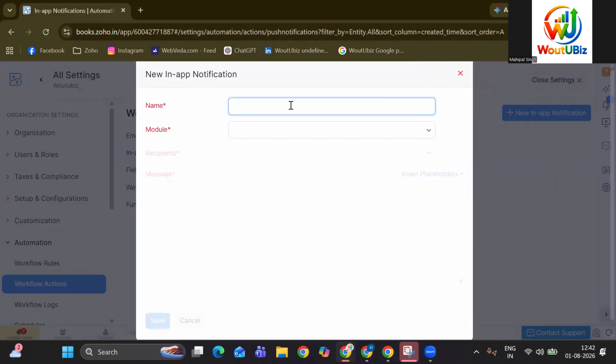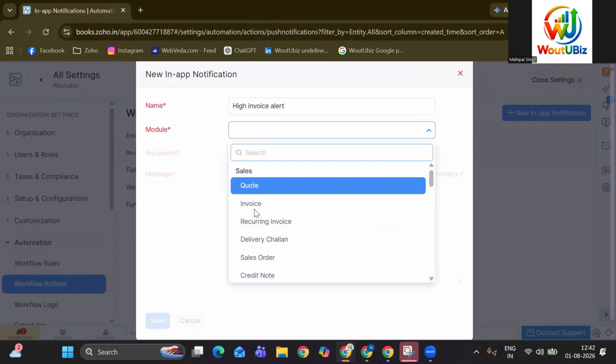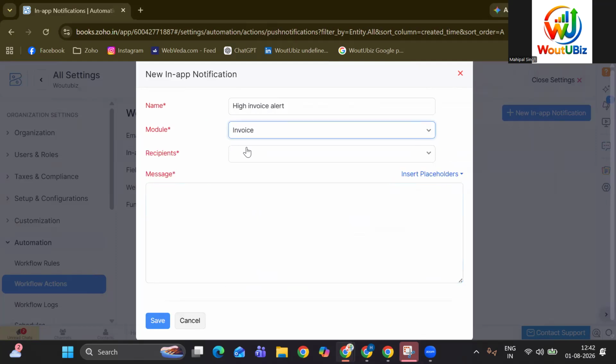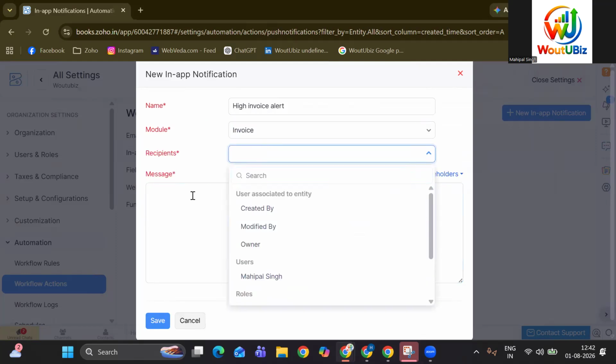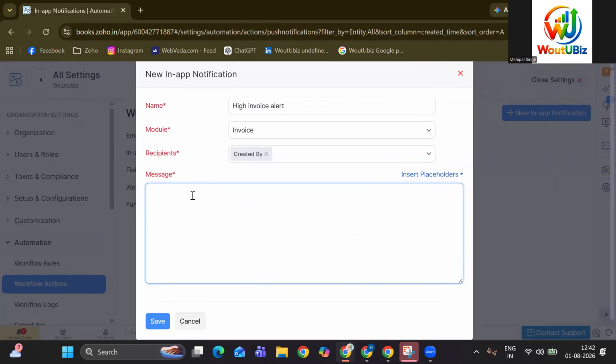Here I use the same name, invoice alert. Then in this module, it is default invoice. Then for recipient, I will choose created by. Here we have to provide a message, that is the description.